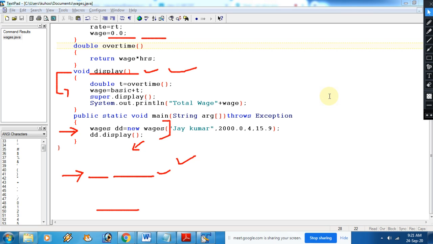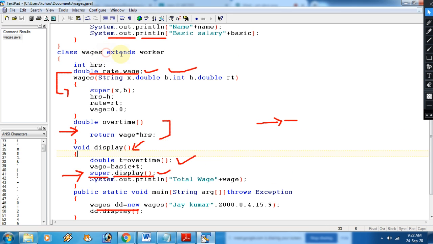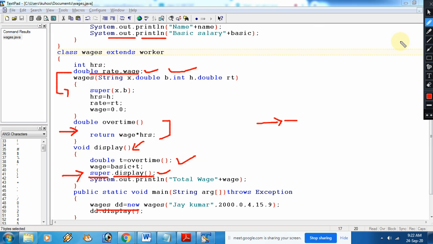And if you create a base class object here, then with the help of that object you can access the base class methods as well as the data members, so there is no need to use the concept of inheritance. So in inheritance, first of all we are supposed to use extends, then we are supposed to always create the object of a subclass. Is it okay, everybody?